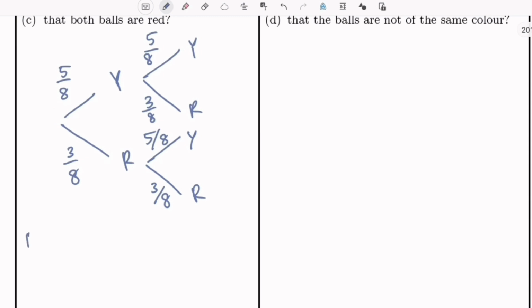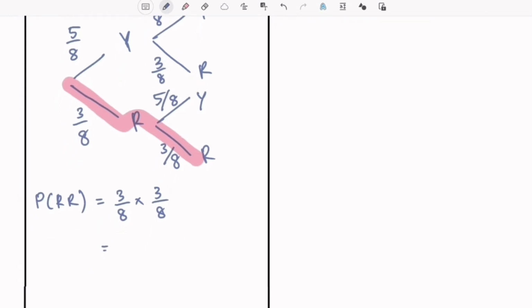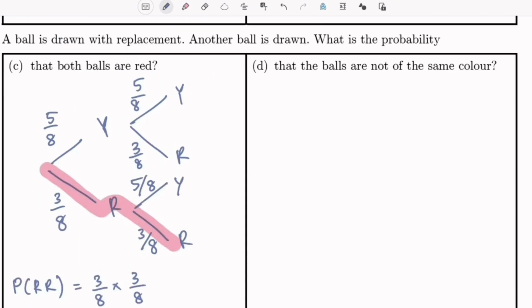Question is asking for PRR. Again, you're gonna multiply along the branches. 3 over 8 times 3 over 8. Simplify and you have 9 over 64. The probability that the balls are not of the same color,